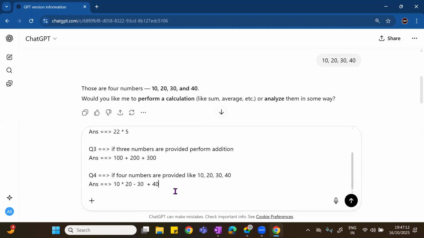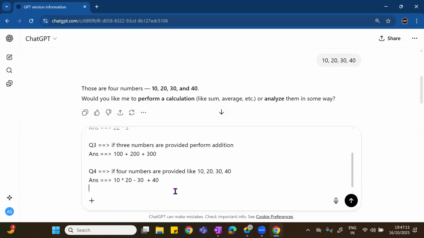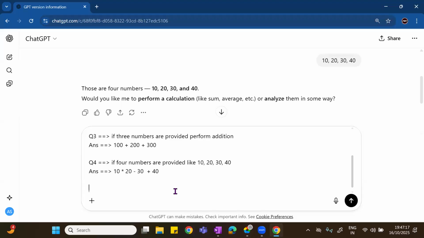Now you see it. I'm asking question 5. What is the question over here? I'm giving: perform necessary action on the following numbers.